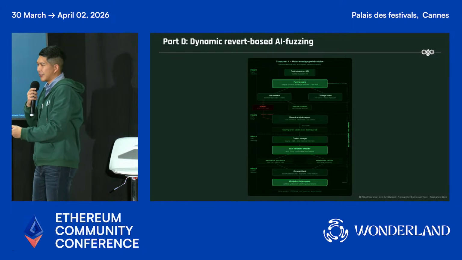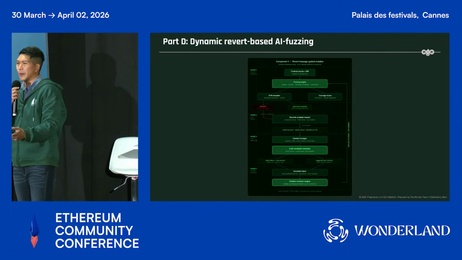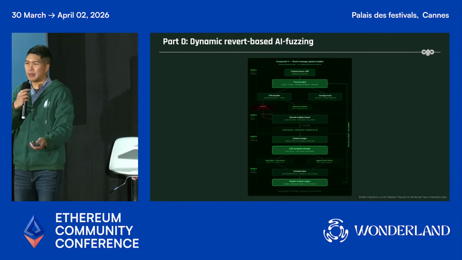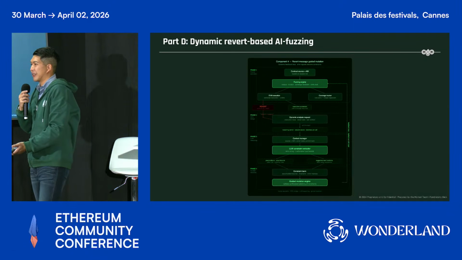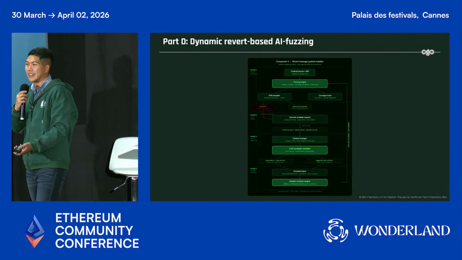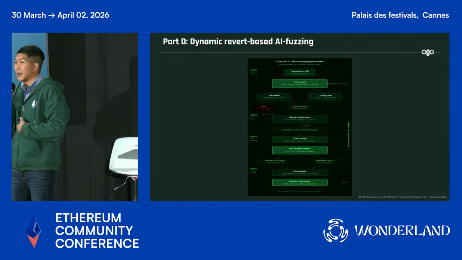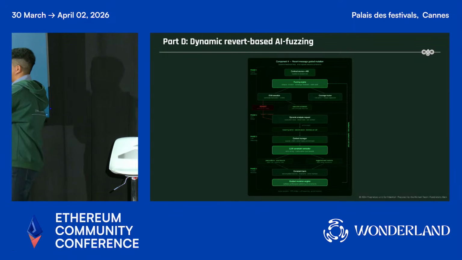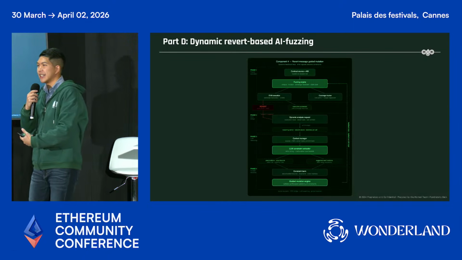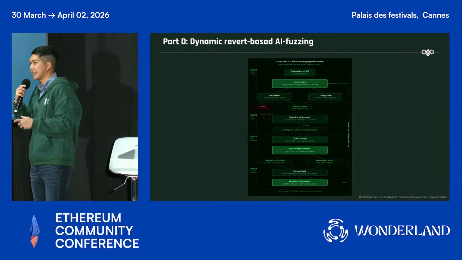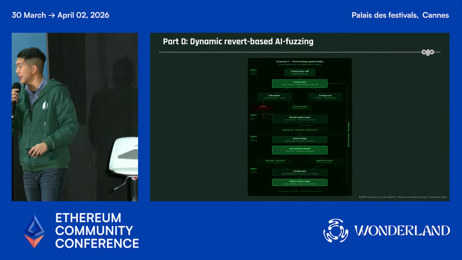Because I know this is the revert message, maybe they're saying your balance is insufficient, your balance has to be greater than 100, greater than the amount of input. Of course, we know it as a human, but for a fuzzer or program analysis, it's just tough. So that's why, for the semantic things, we can pass it to the LLM to do so.